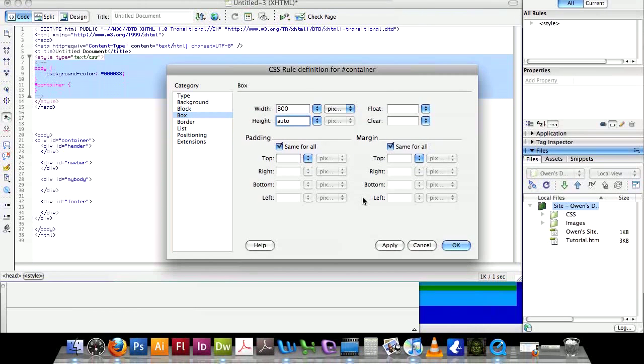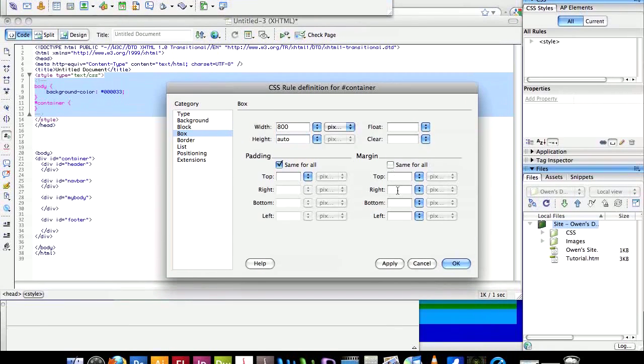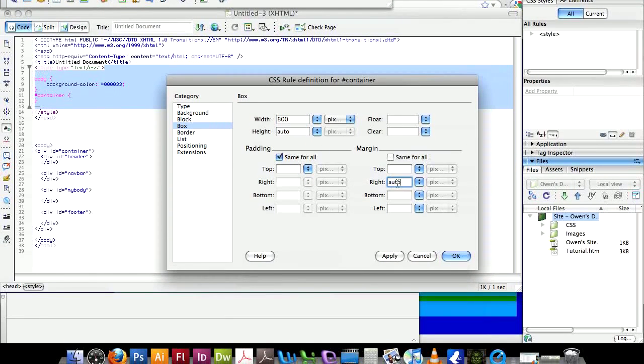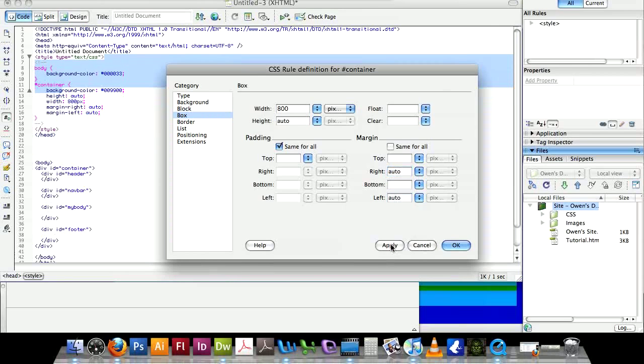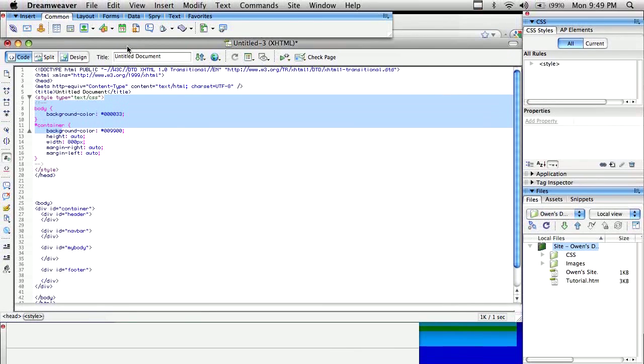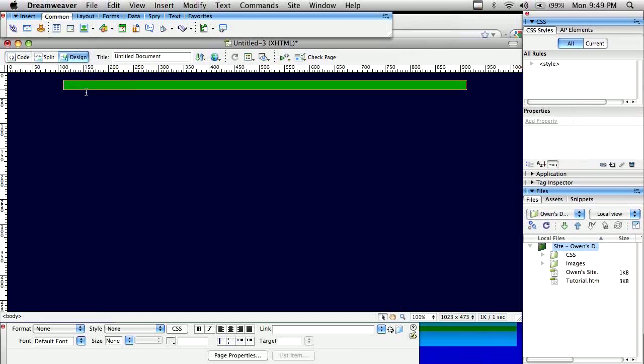And we're going to make the right and left margins auto, because this is going to place it centre in our page. So now if we go to design, as you can see, this is auto, so it's not very wide or tall at the moment, but that is the background and that's our container,